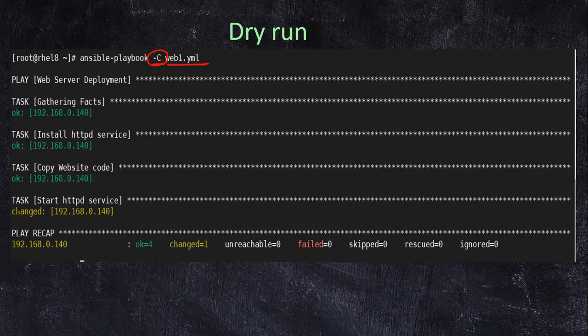Here you would see a similar output as what you see when you run the code, but this will only show you what kind of output you would observe if you execute the code mentioned in this specific file. It would show, okay, one specific item changed. This is really a quite good feature, to identify what changes that specific code will bring to our infrastructure.